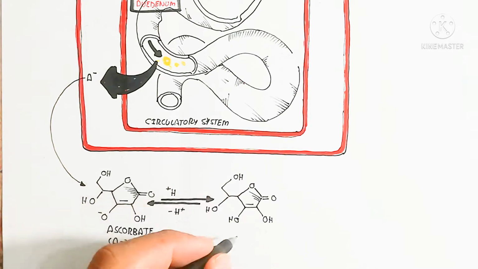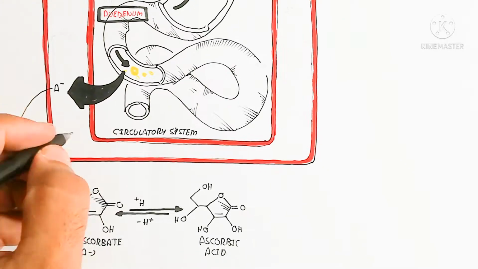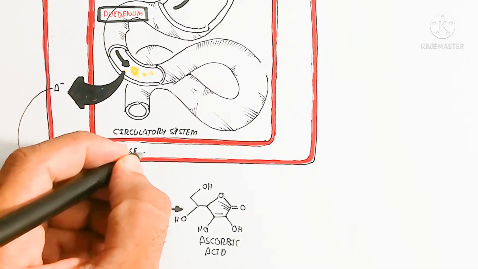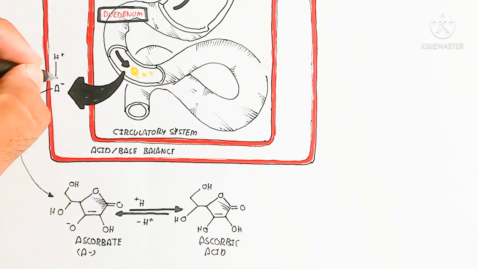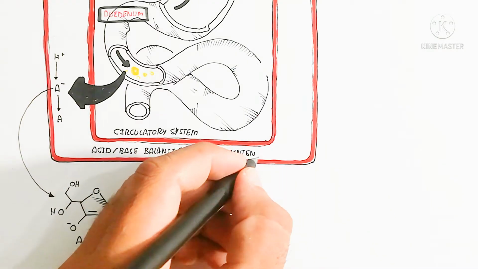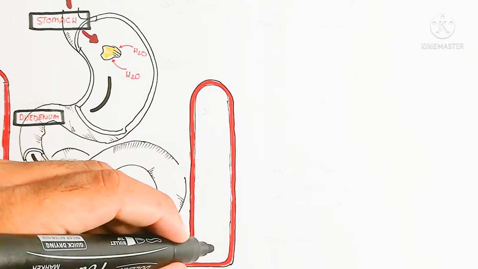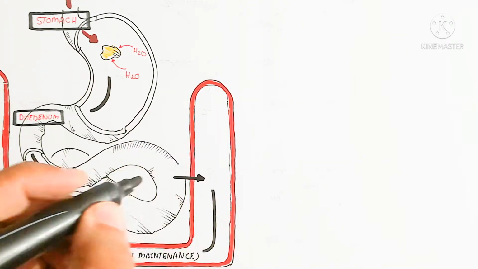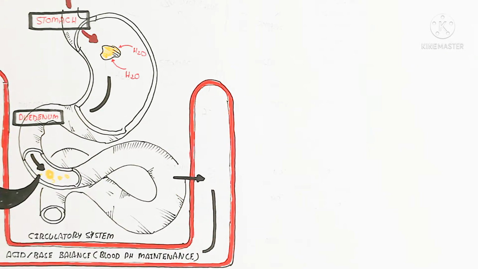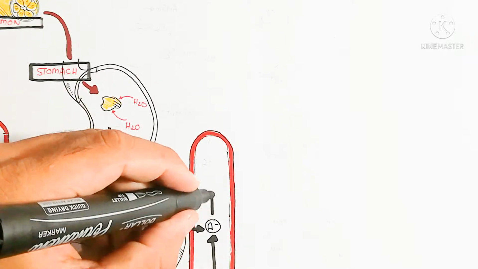So what does that mean? It means the acid base balance in the blood is very important, and the pH, 7.35 to 7.45, remains constant, which is an important role in the blood circulatory system. That is why the maintenance of pH matters. On the other hand, here is the ileum part of the small intestine, which also absorbs ascorbate, and after this absorption it will be moved to many organs. So let's begin to understand the absorption mechanism first.